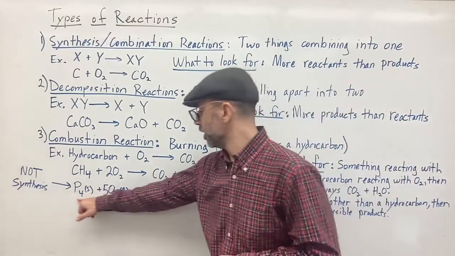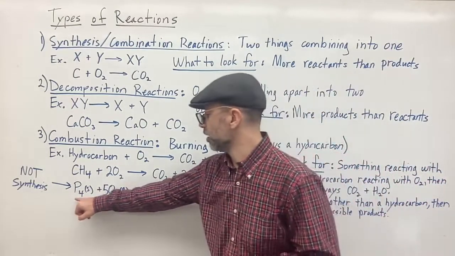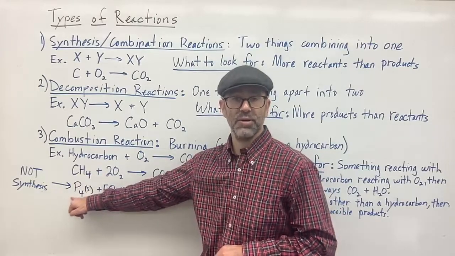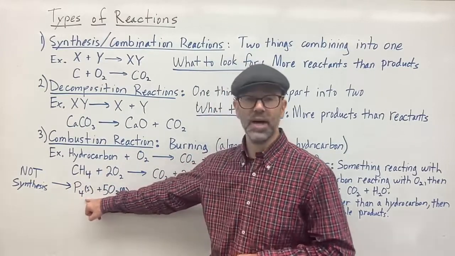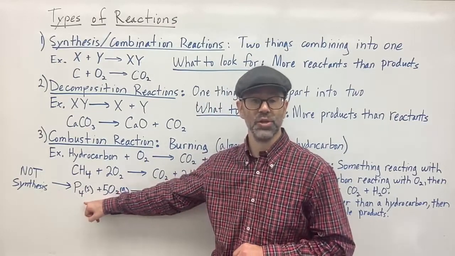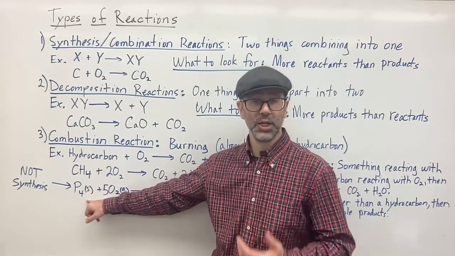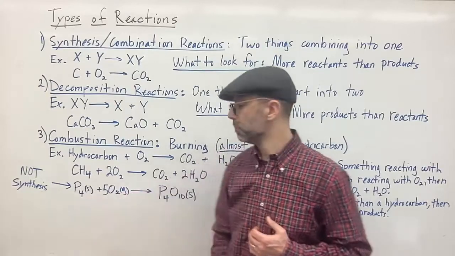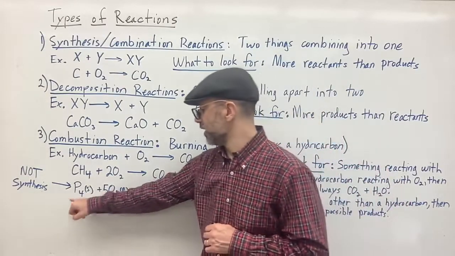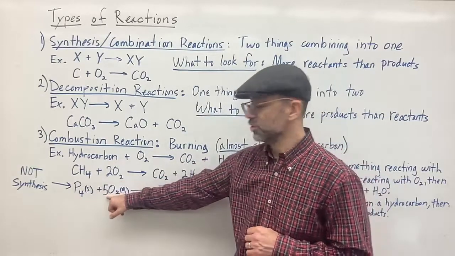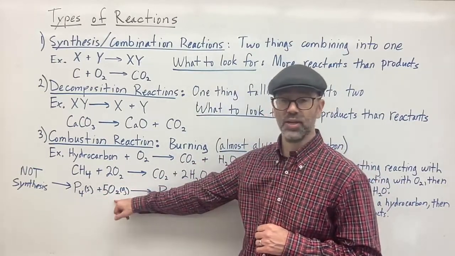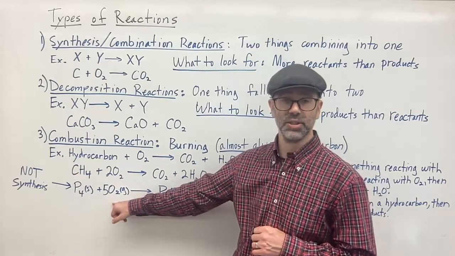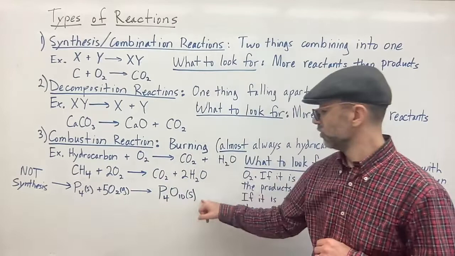Here's an example of a combustion reaction where you don't have a hydrocarbon. So instead of a hydrocarbon, you have phosphorus. And notice here, phosphorus is in the form P4. So remember, that's one of your molecular elements. So phosphorus is often in this P4 form. Okay, so here we have phosphorus reacting with oxygen. So again, as soon as you see oxygen as a reactant, it is a combustion reaction. And so you'll notice here it gives you